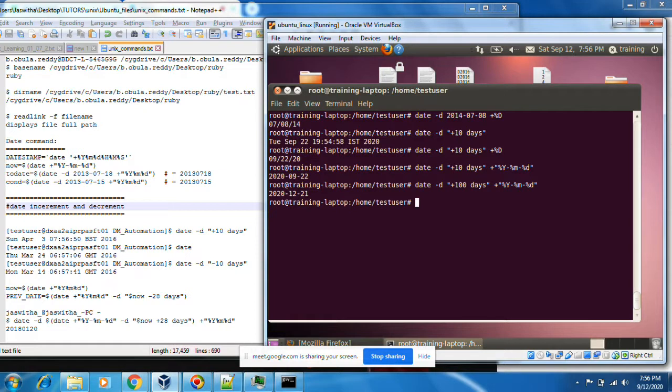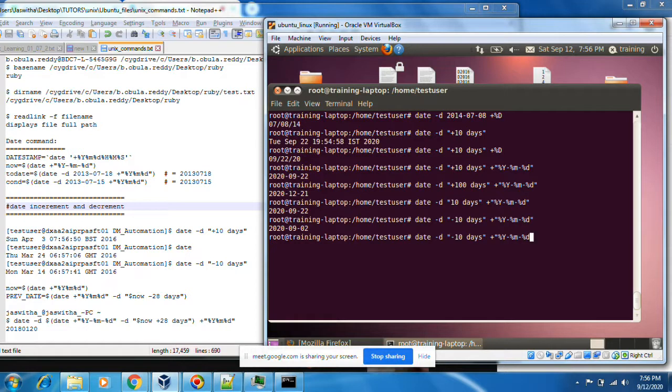Okay, previous, you can put before, older days. You can put minus. Okay. You can remove this, and you will see whether it is Monday or Wednesday.